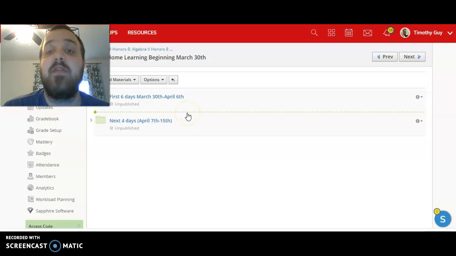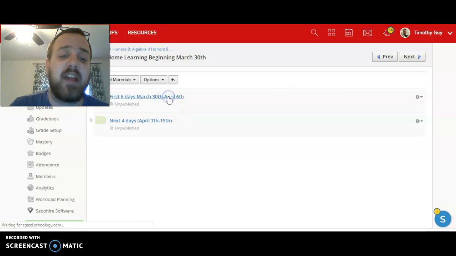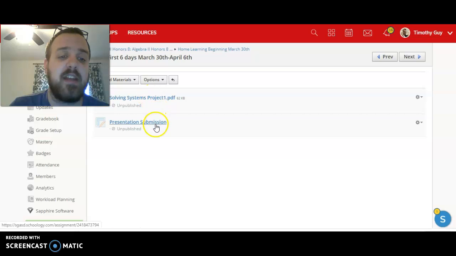Basically, there's going to be two different parts of what you're going to be doing. The projects that we started before we left, we're going to repurpose and do in a slightly different way, and that's what your first 6 days are going to be like. If you go into that section, you'll notice that there's only two things in here: a rubric for what your presentation is going to be, and a place for you to submit that presentation. That's going to be your first 6 days.